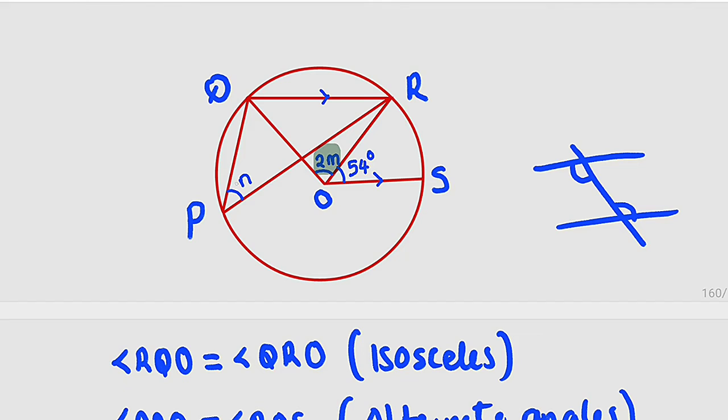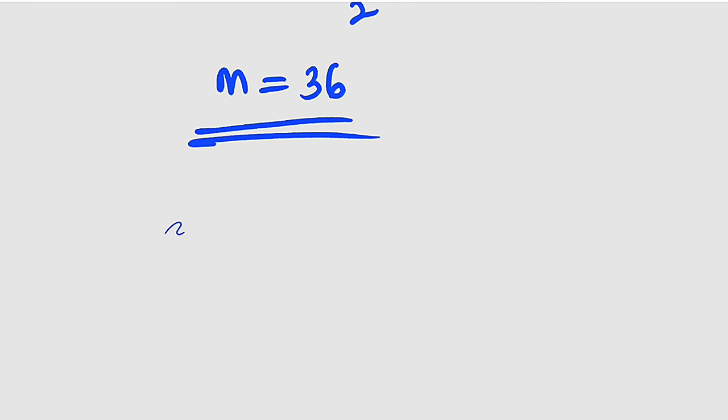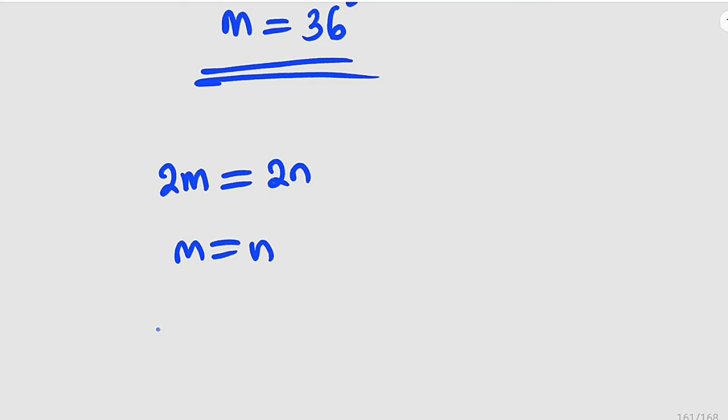This angle right here must be 2 times this one. We say that 2m must be twice n, 2n, right? Therefore, if we cancel 2 from both sides, m must be equal to n. And we have already seen that m is equal to 36 degrees. Therefore, we conclude that n must be equal to 36 degrees as well. So both n and m are equal to 36,